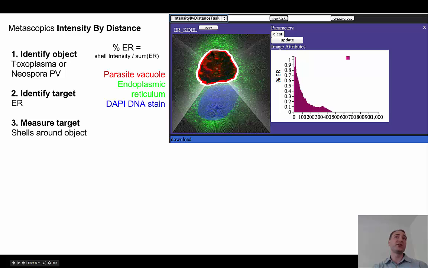The algorithm would then create shells around that vacuole, shells of 1 pixel diameter, and we would sum up the intensity in each of those shells. So the total sum in all of the shells would be the host cell endoplasmic reticulum. Within one shell divided by the complete sum, we would get the percent of the ER within that shell. Of course, we might want to normalize for the shell area or something like that, but even just using this